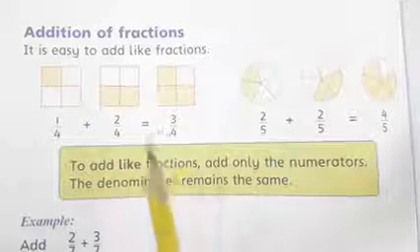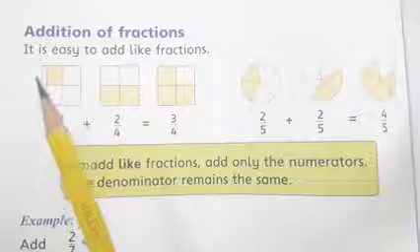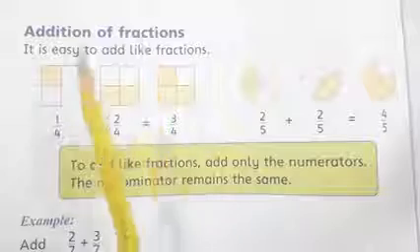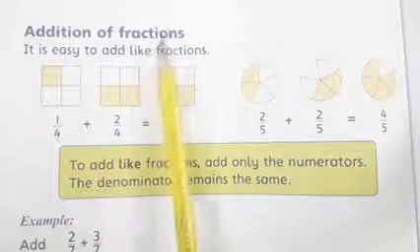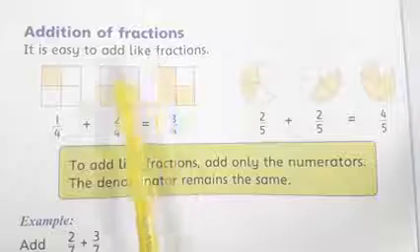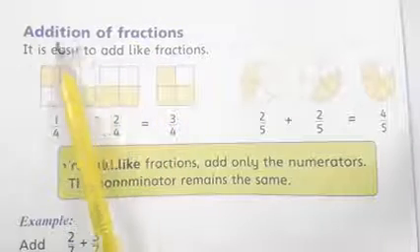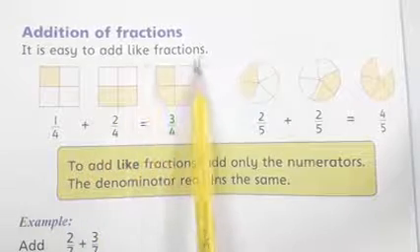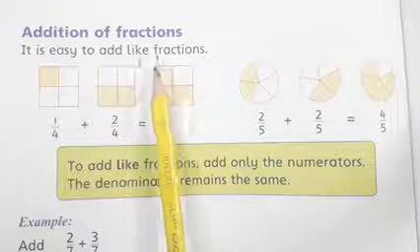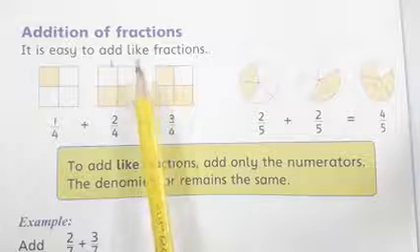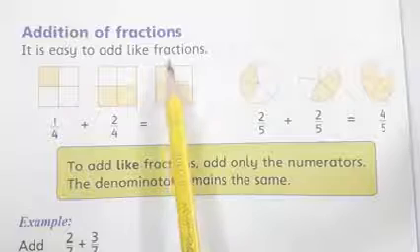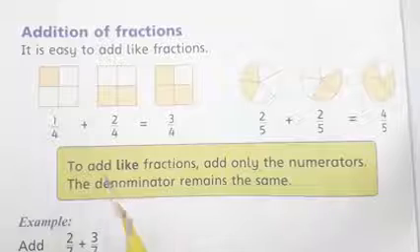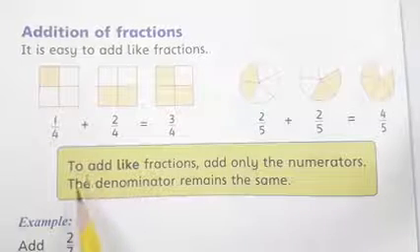Students, now we are going to start our exercise 3B. So first of all, I will explain to you addition of fractions that is included in your exercise 3B. So what is addition? As you know, this is a sign of addition. It's easy to add like fractions. As I explained to you, like and unlike fractions, it's very easy to add like fractions than unlike fractions. As you know, how do we understand that this is a like or unlike fraction?